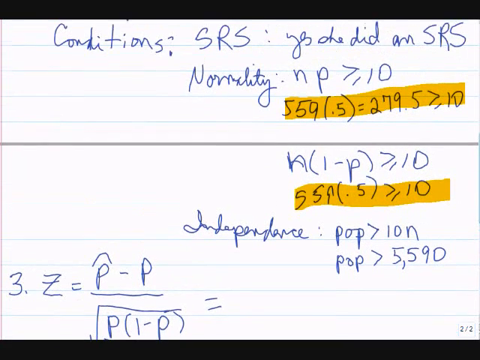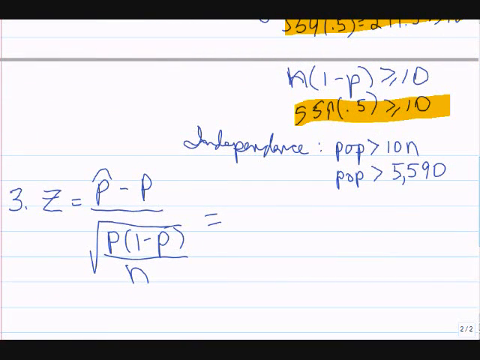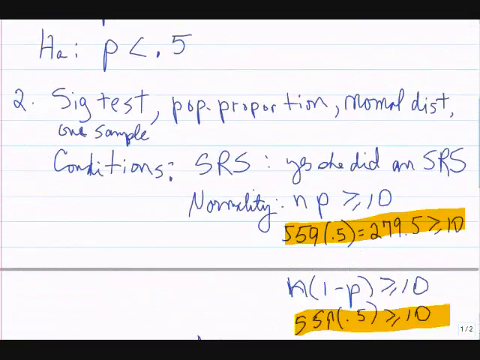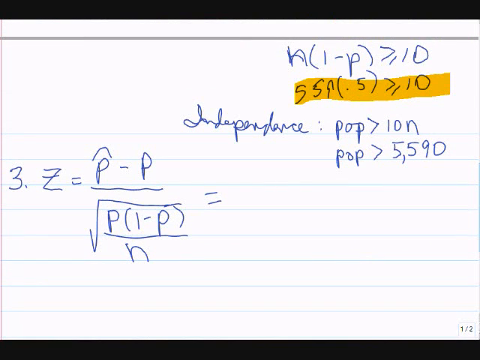So what is my sample proportion? It was 246 out of 559. My p hat is the sample that I got. In the sample, I asked 559 people and 246 of them said yes. My hypothesized population proportion